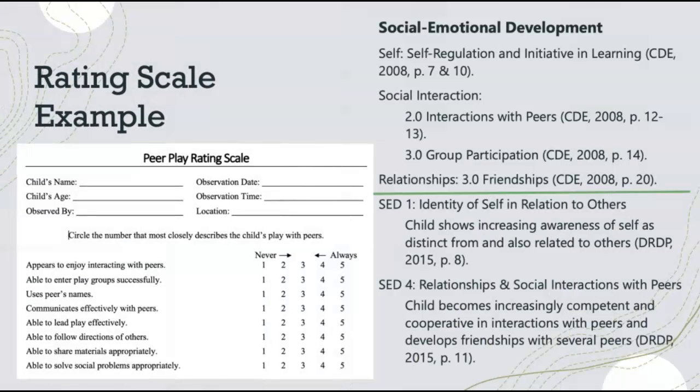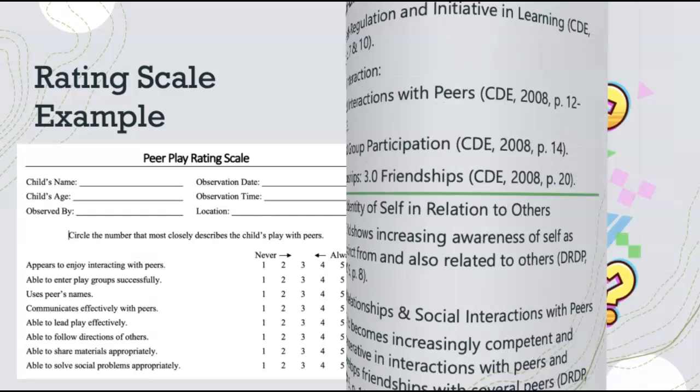Here is an example of what a rating scale may look like. We are noting prosocial behavior when it comes to interacting with peers. Notice the linear numerical scale of 1 meaning never and 5 meaning always. Circling the number would indicate how often the child is noted as engaging in that type of behavior while being observed. I'm sure you can see how this information may vary from day to day and relies heavily on the observer's interpretation of the day's events.